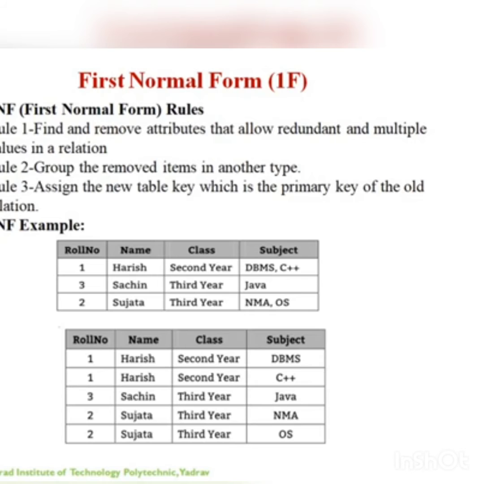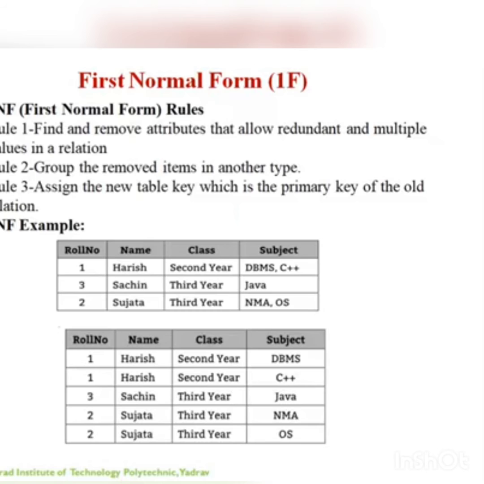As per the rule of first normal form, an attribute, you can call it a column, of a table cannot hold multiple values. It should hold only a single value. Now what are the steps for converting a database to first normal form?